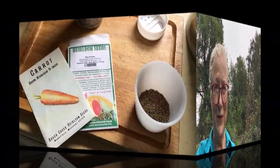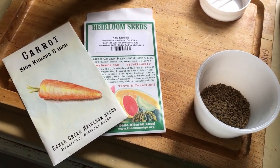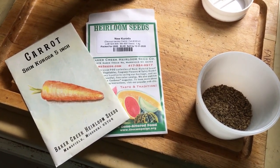So in this little break of time between rain and more rain, I'm planting carrots. So come with me and let me show you what I'm doing, and then you can watch me plant them. And hopefully in a couple of weeks I'll have something to show you. Here we go. I am getting ready to plant carrots. This is the first week in October, and I probably should have planted them a couple of weeks ago, but